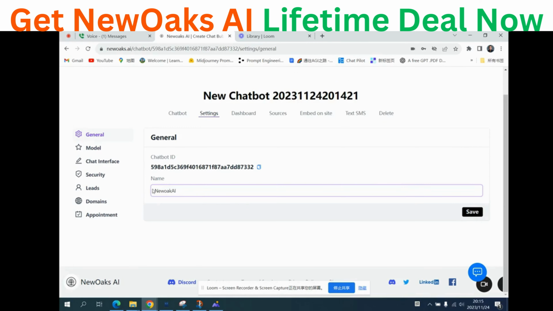Right now, the prompt has been set up as a appointment booking agent. You can choose the model of your GPT, either 3.5 or 4, and you can set up the temperature here and then click Save button. You will all set with the model setting. In the chat